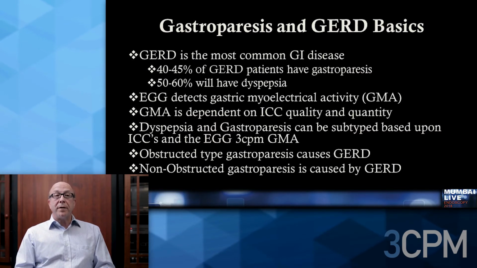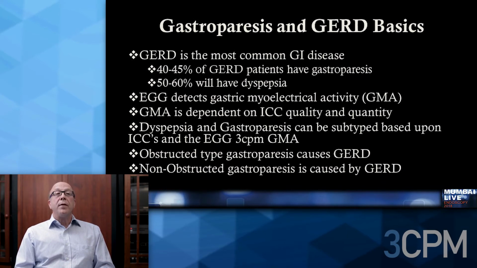And this is, of course, dependent upon the quality and the quantity of the interstitial cells of Cajal, and this has been demonstrated in biopsy-based studies. And we know that you have to have at least 5 interstitial cells of Cajal per high-power field in order to have normal electrical conduction and normal contraction. Now, what we've learned is that dyspepsia and gastroparesis can be subtyped based upon the types of ICCs or amount of ICCs that we detect on an electrogastrogram as it reflects on the overall gastric